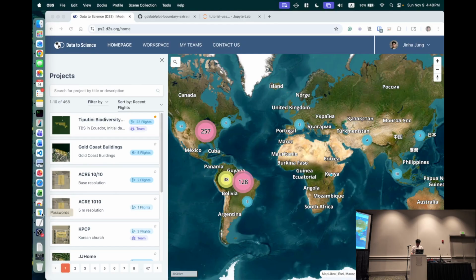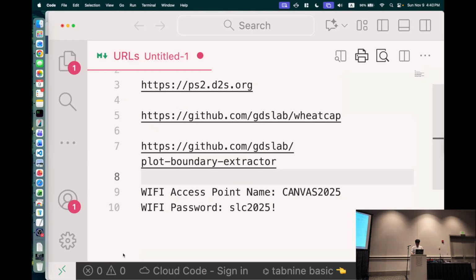Okay, so the GitHub repository where you can actually access that plot boundary extractor is at the bottom, pretty much the same as in WheatCAP. It's at github.com/geospatial-data-science-lab/plot-boundary-extractor. Just type that URL.